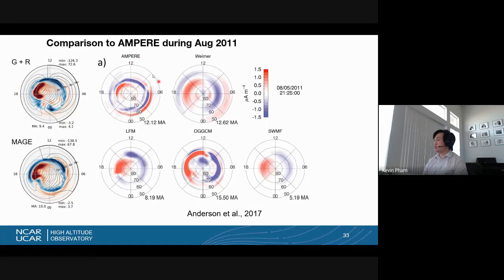So this panel here, Ampere, is the data. Weimar is an empirical specification used by TiGCM standalone. So if you're using TiGCM by itself, it would be given Weimar as its potential and field line current pattern, as opposed to what you would get from a magnetosphere model, for example, Gamera or LFM. So the old LFM is in this bottom left here. You can see it doesn't do that well compared to Ampere. However, if you compare what MAGE produces with Ampere,